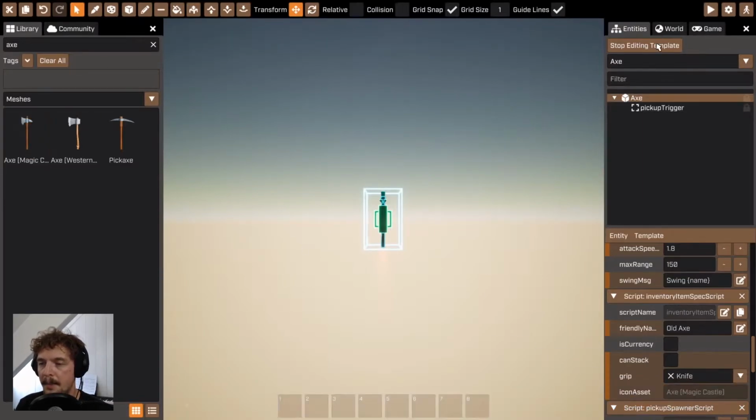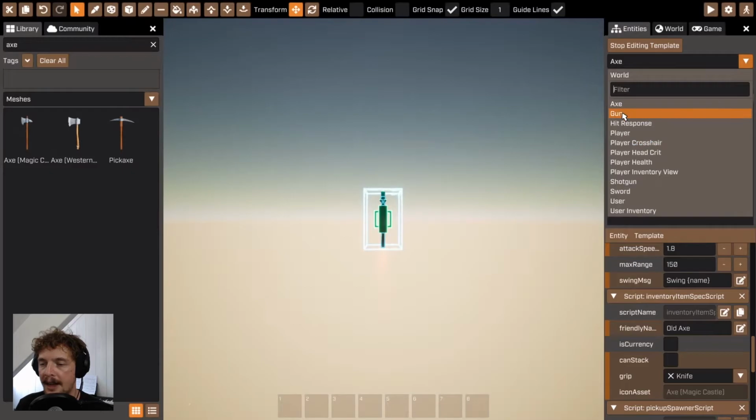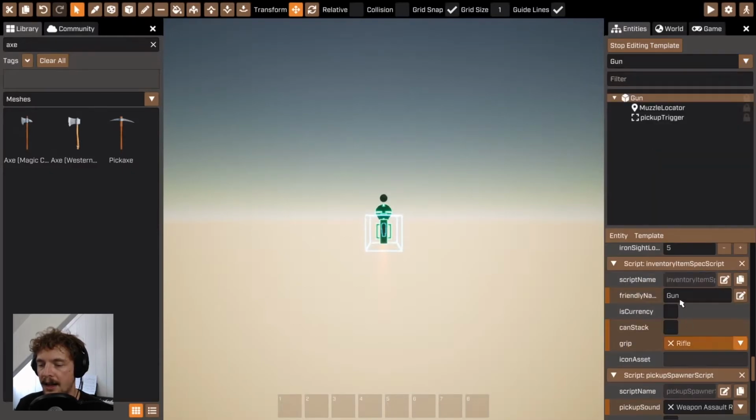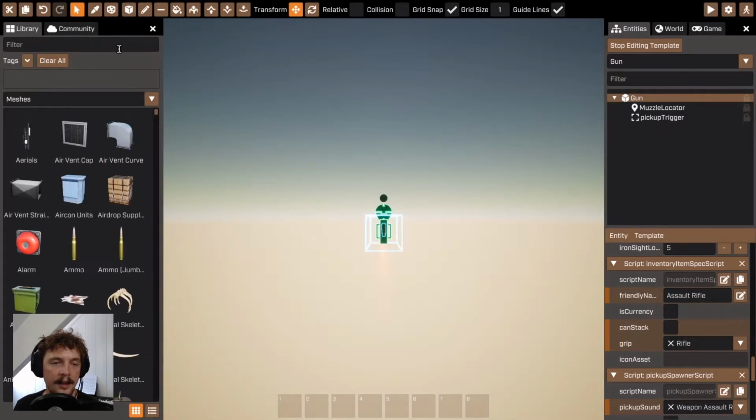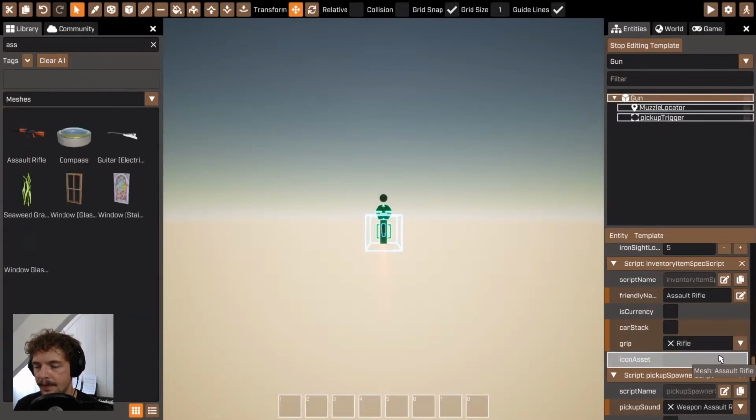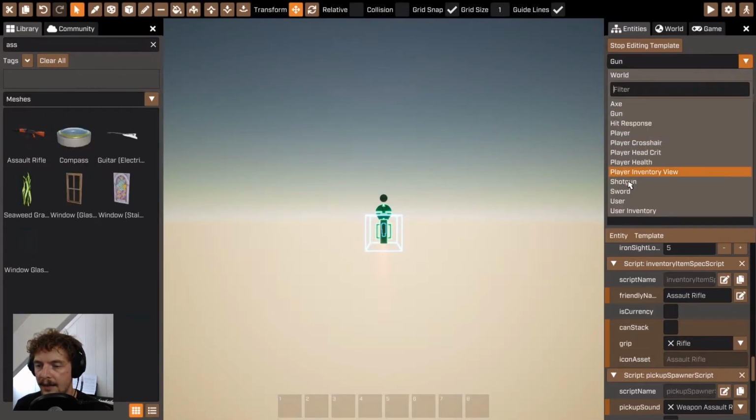But I'm just going to make the axe have that, and I'm going to do the gun, it's got exactly the same thing. I'm going to change this to assault rifle, and I'm going to add the graphic. And again for the shotgun,